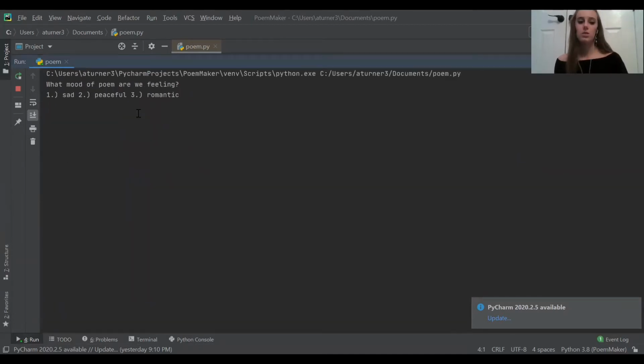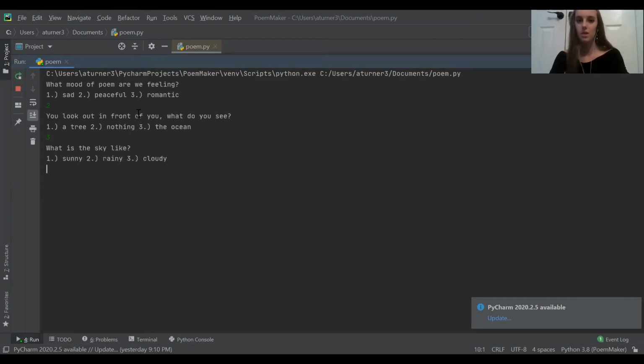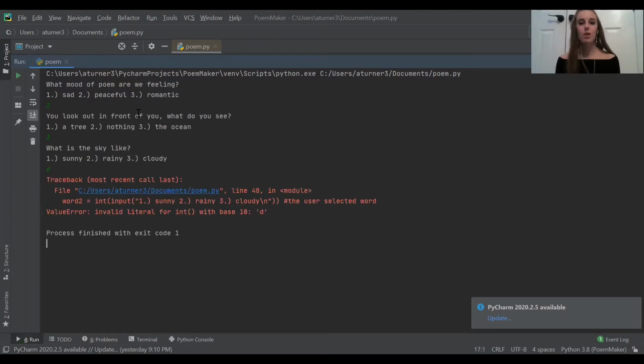One thing that doesn't work is if the user were to input something other than a 1, 2, or 3, like let's say we put in a letter, it causes an error and you don't get any poem, which is very unfortunate, but it is what it is. So that's just something that doesn't work. But other than that, everything works the way that it's intended to.